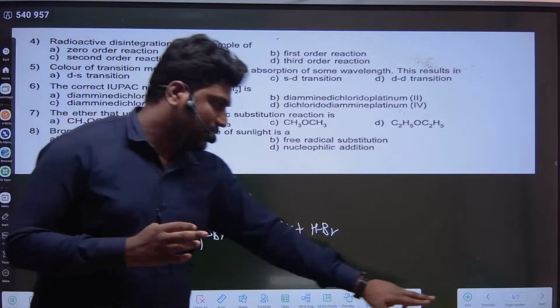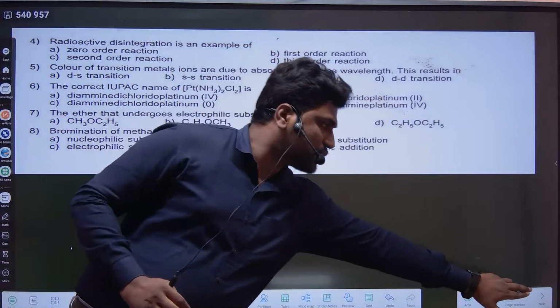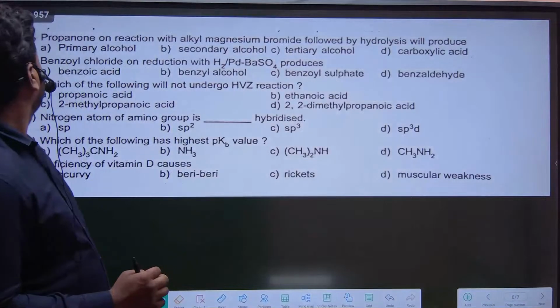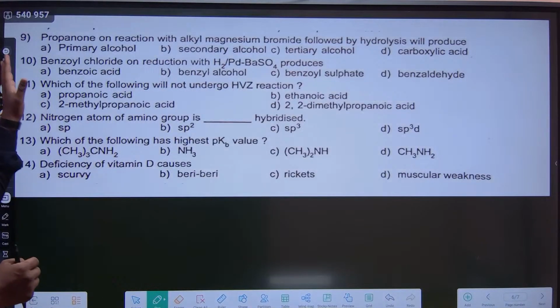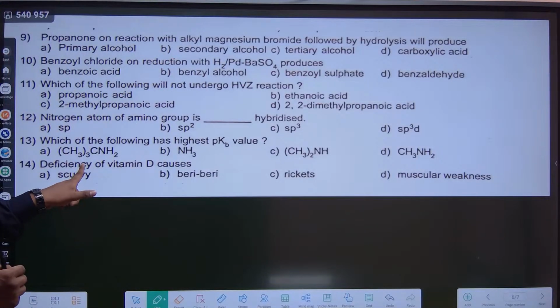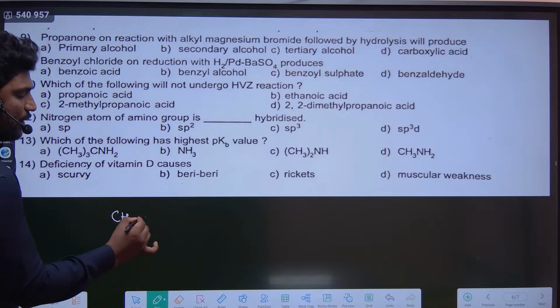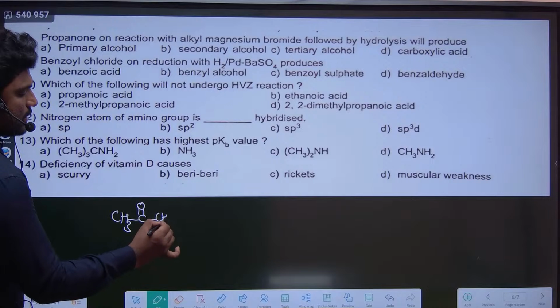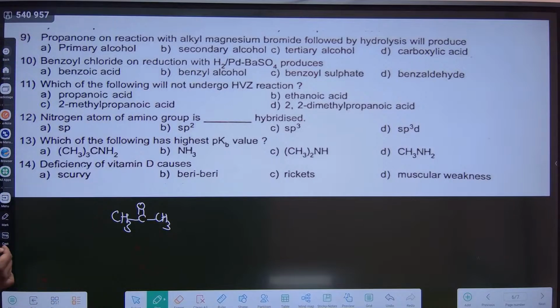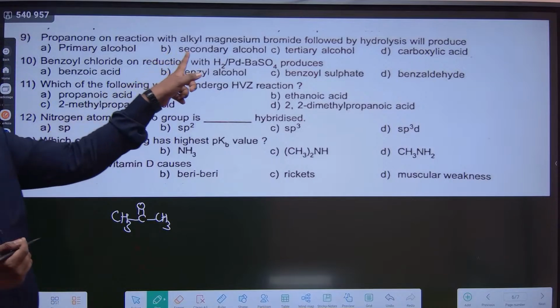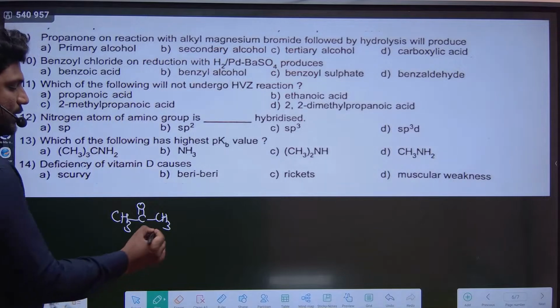So the next question is the ninth question. If you observe, this is coming from what? Alcohols, phenols, and ethers. See, they have given propanone. Propanone is nothing but propan-2-one or acetone, which reacts with alkyl magnesium bromide. See, I have taken